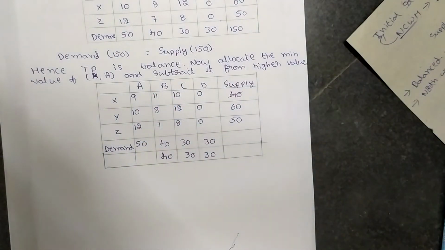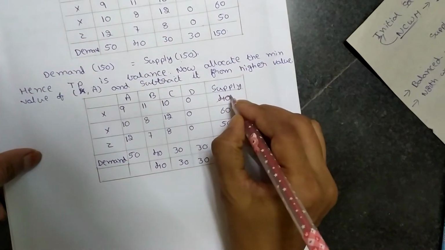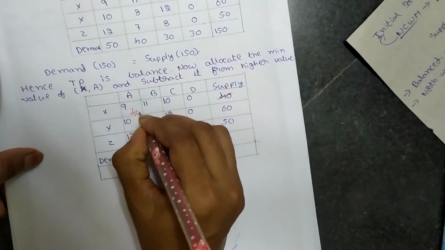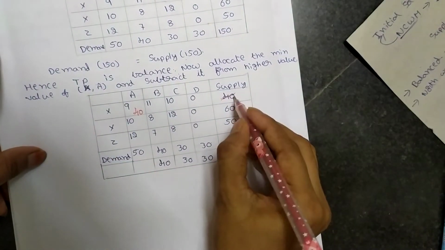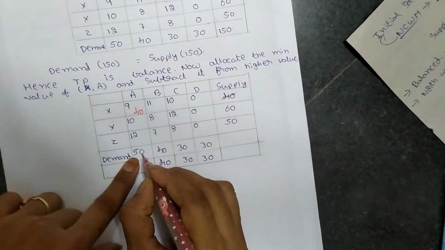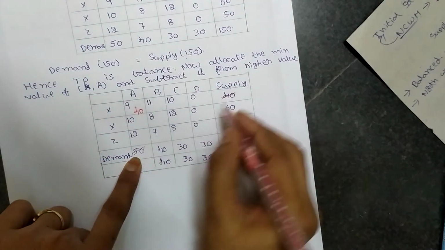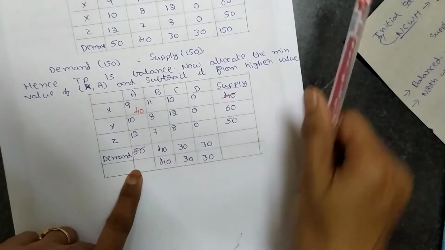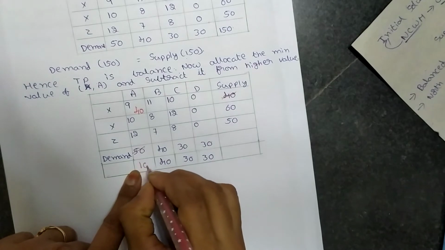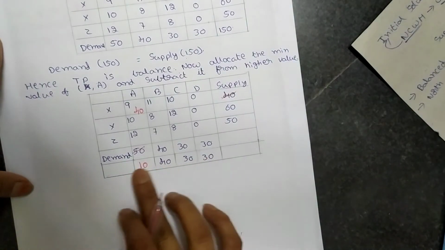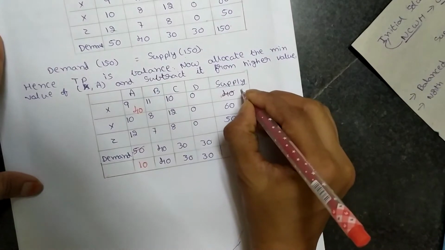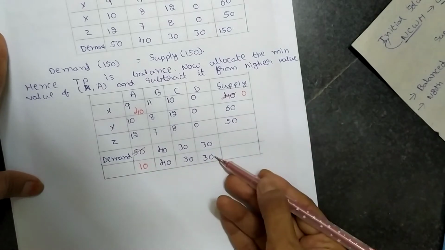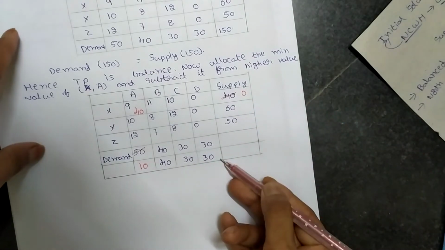Now how do we make this allocation? See here, 40 is the minimum value. So we strike out this 40 and write the 40 here, and corresponding to that, where we have the demand, we subtract it. That means this 40 has to be subtracted from 50. Now 50 minus 40 becomes 10, and that 10 we write here. This is the new demand that has been formed. Now what is the available supply here? 0. So 0, 60, 50 is the supply column, and this is the new demand.